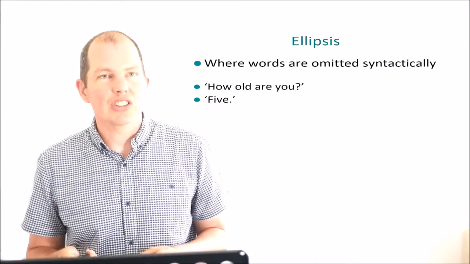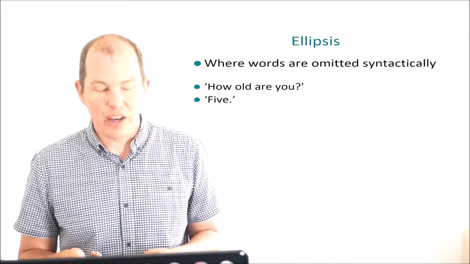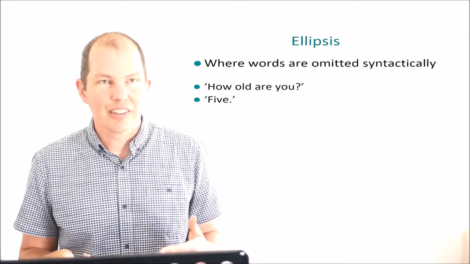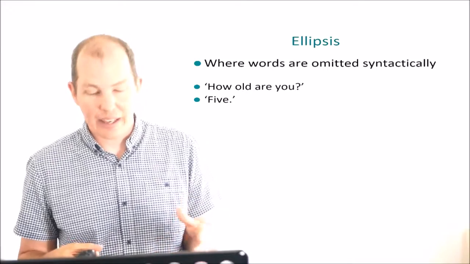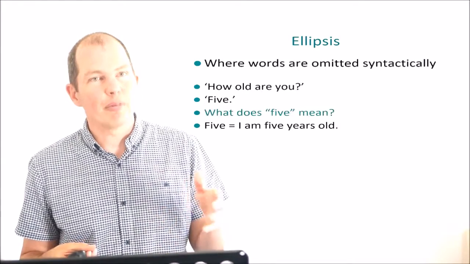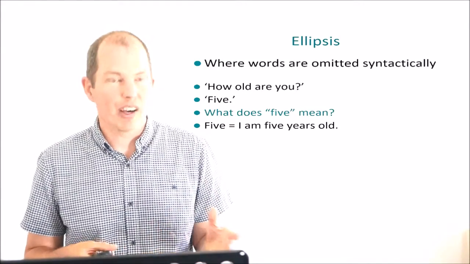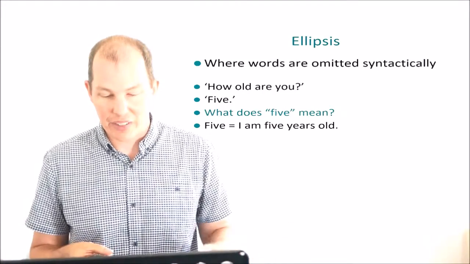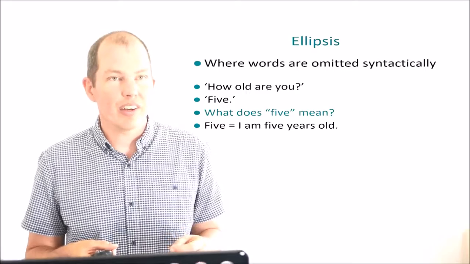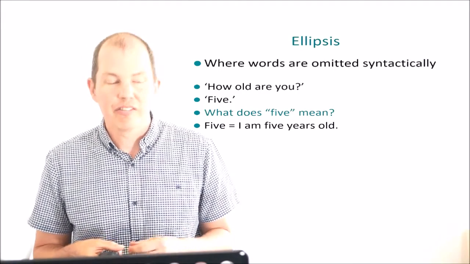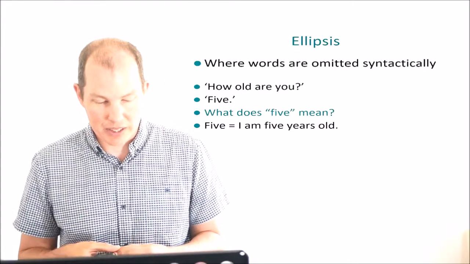For example, if someone asks a child, "How old are you?" and the child replies 5, successful communication relies on the hearer being able to work out that the child means "I am 5 years old," not 5 months or 5 decades or anything else. The context makes it very likely the hearer will infer the intended interpretation, filling in the correct parts of the ellipsis.